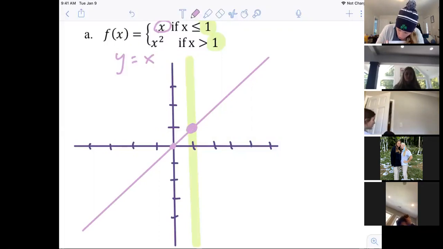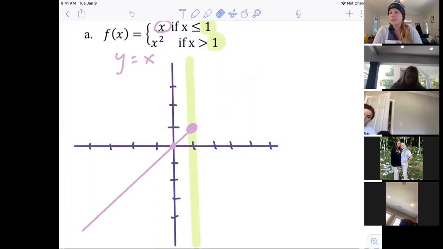I put an open or closed circle on 1 because I get to include it, but then after that, I shouldn't have anything else on the other side of the graph. Sometimes it helps me to draw the entire parent function and then erase the parts that I don't want. So that's what I just did. I knew a linear graph goes through 0, 0, and then I just erased the part that's on the other